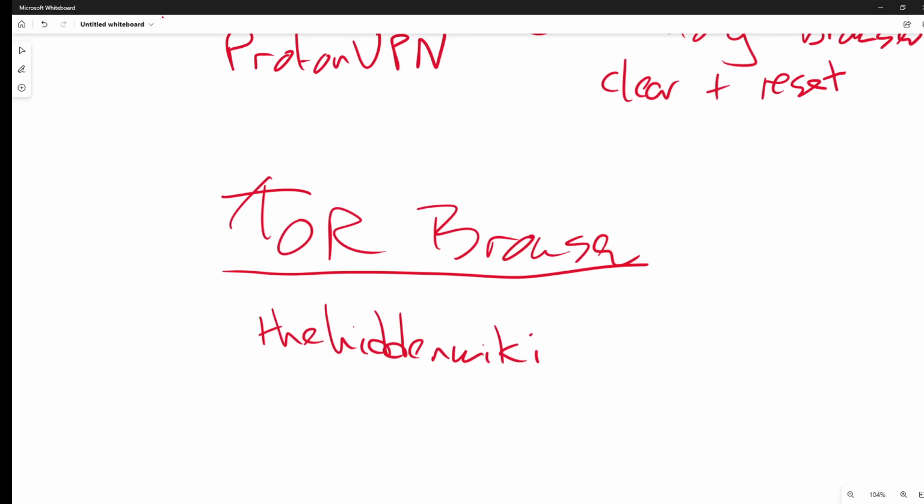Now the Hidden Wiki is a great place to start using the dark web. It also has the chan boards, which, as long as you don't give your personal information, are quite safe. But when you do click on links, please verify those links. Even on the dark web, phishing and spear phishing does happen.